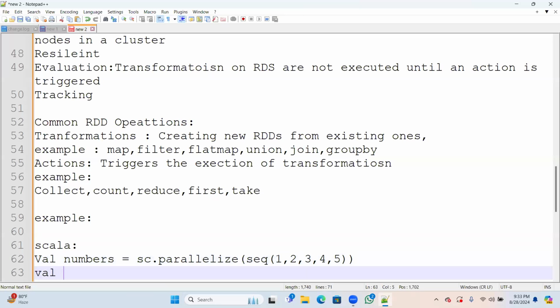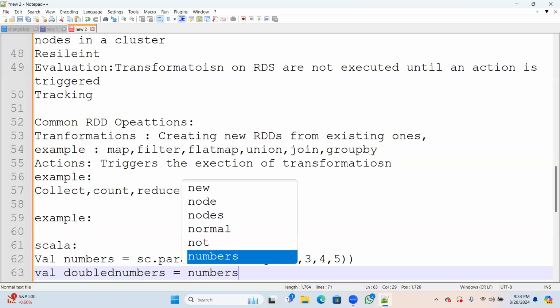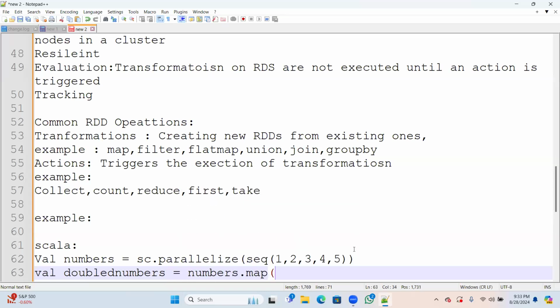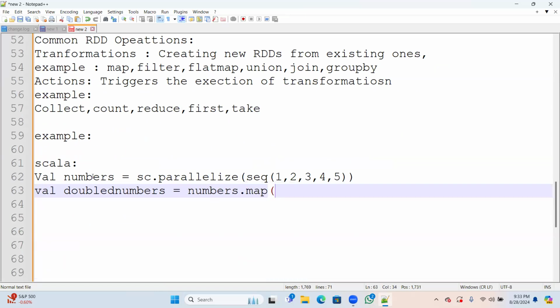What happened here? val doubled = numbers.map, whatever value I have, I'm doubling it: underscore * 2. Whatever I have here will be multiplied by 2.